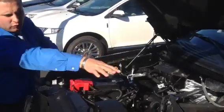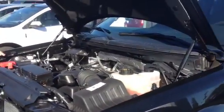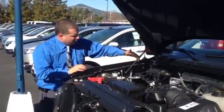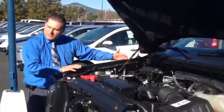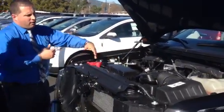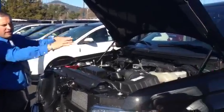As you see there, looking at those fluid containers, they're in translucent containers, so just at a visual glance, you can look and see how your fluids are doing. Now, you see here, these little crinkles in the metal. What you have here is front crumple zones. And part of the safety design on this truck is that the engine has breakaway motor mounts, so if there's ever a serious front-end collision, it doesn't go back in your legs, it drops downwards, and everything else crumples in